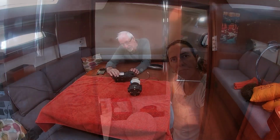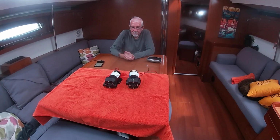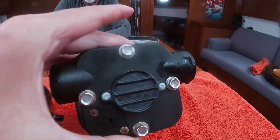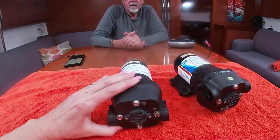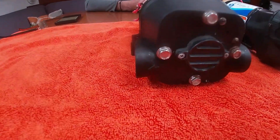It should be the same. Carla was watching the rebuilding of these pumps, and then she noted in the video that these Jabsco pumps have an arrow. So we just have to reverse the pump. And the reason why it's backwards is because the last time we had a problem with a pump, we thought it was this pump. I disassembled it, cleaned it, put it all back together. When I put this pump back together again, I reversed the arrow accidentally. So be cognizant